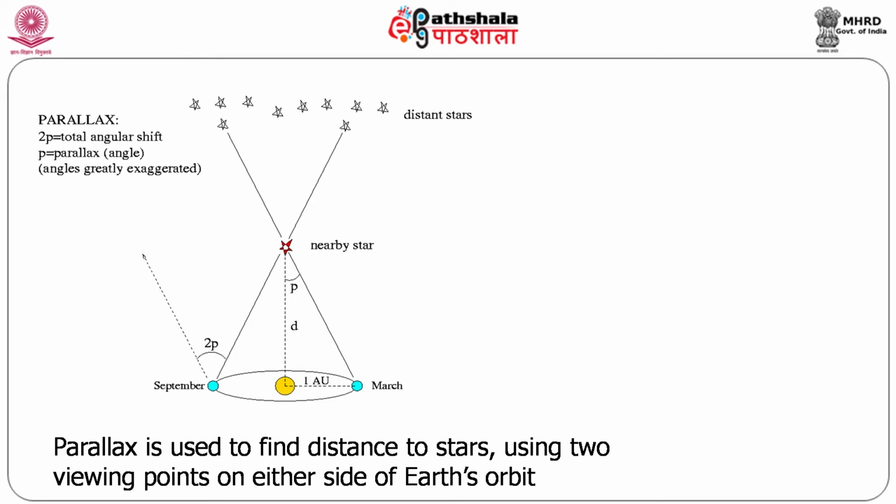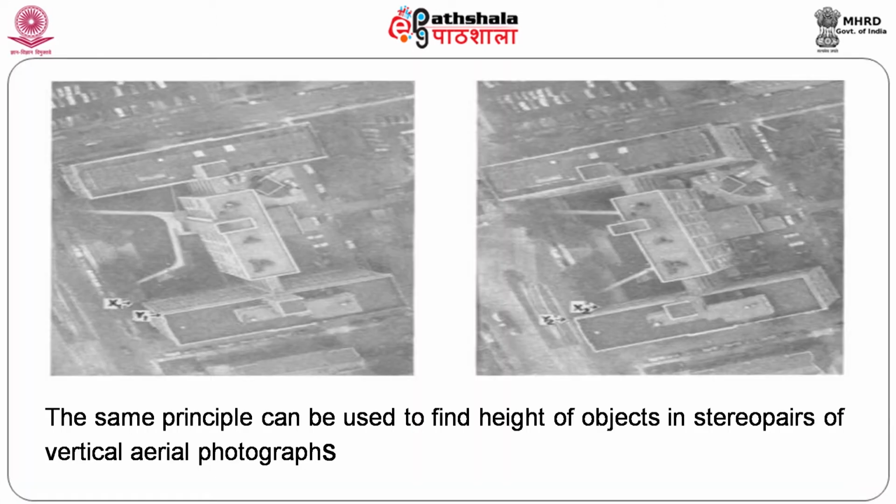So, this is the beautiful way of getting distances between objects in space. You can see here, and a similar concept is also applied in, say, aerial photography. On the left side the building is tilted in this direction, and on the right side it is tilted in this direction, so towards right and towards left. When I make it a 3 dimension, this will just merge. It is a really beautiful concept, you will have to experience it to understand that.